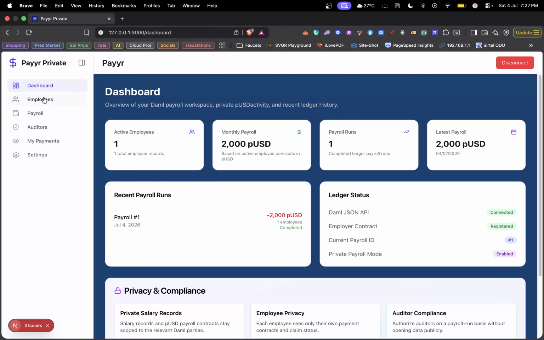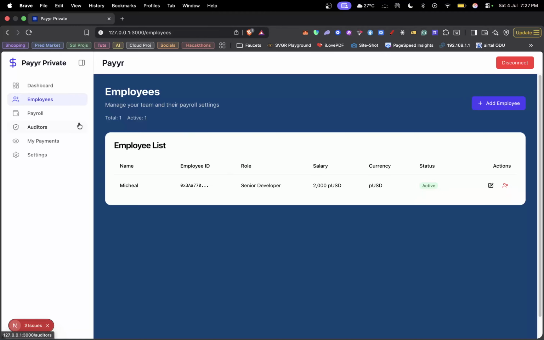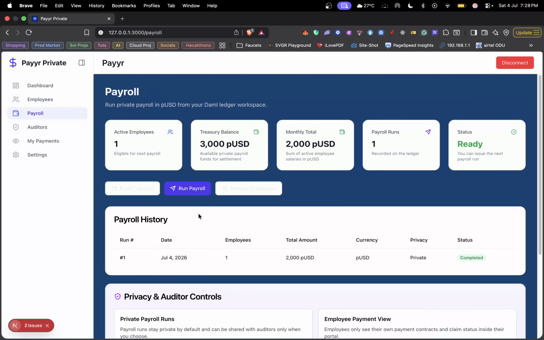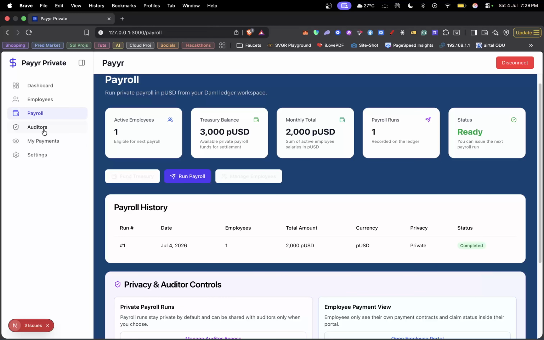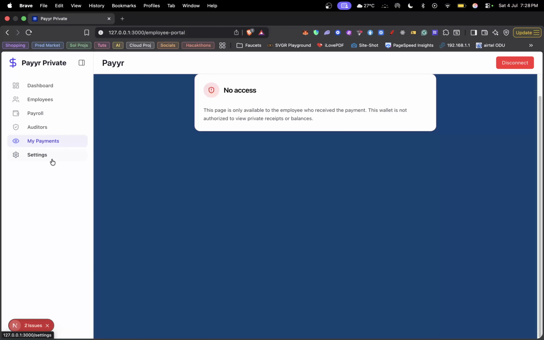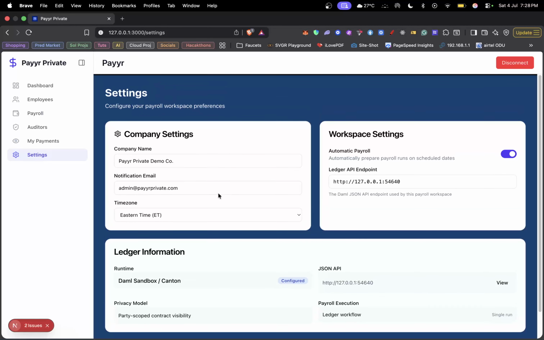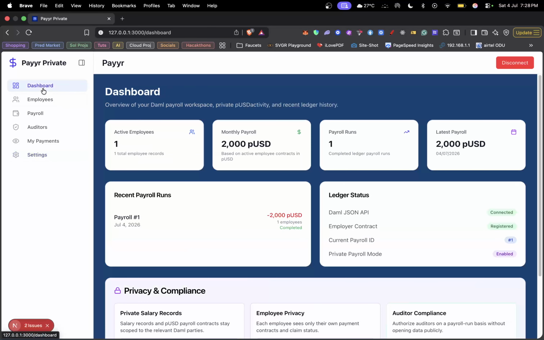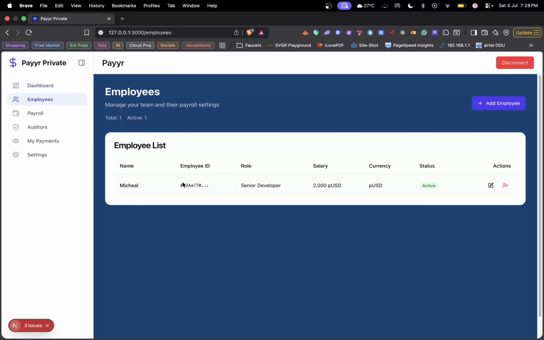This is the dashboard. You can see an employee section where you can manage all your employees. You can see the payroll section where you can pay people, and the auditor section where you can grant access to particular auditors. Overall, this is just the app branding. This is the settings page, and we're going to get started by adding an employee. We currently have Michael, who is a senior developer. So we're just going to add